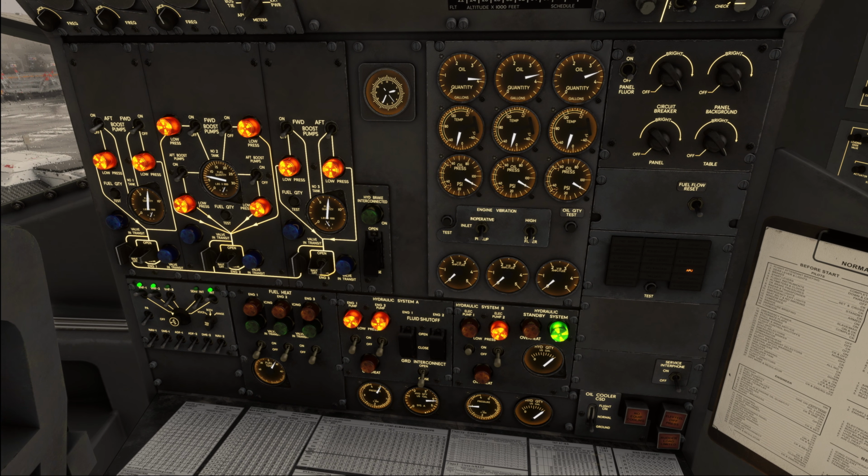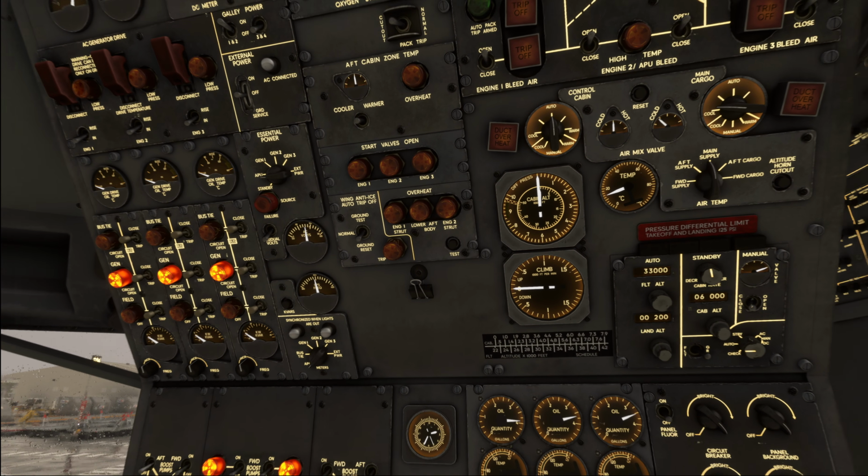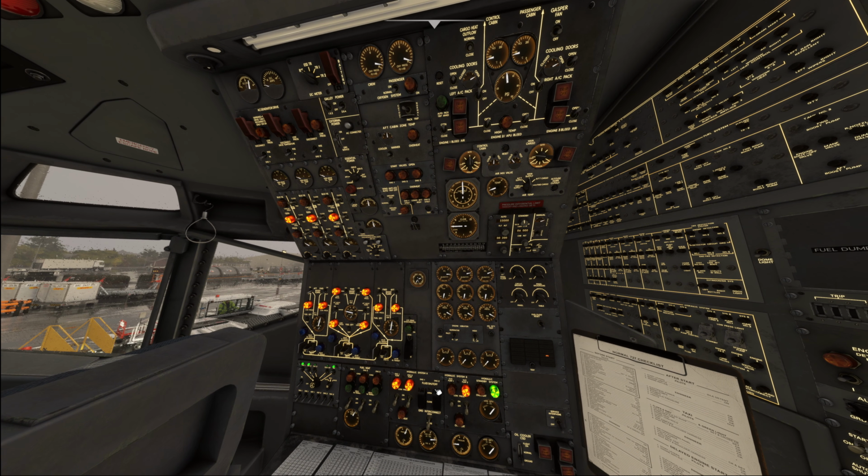Now, the scan flow on this one is a little bit weird, and it will be different depending on any airline that you look at. Most airlines seem to use a scan flow like this. You start in the middle, and then you go up in a reverse spiral. So you go up here, left, down to the bottom, right, and then all the way up until you end up at the top over here. A little bit strange, but